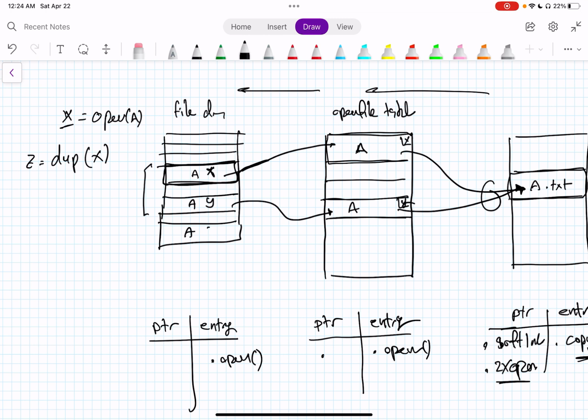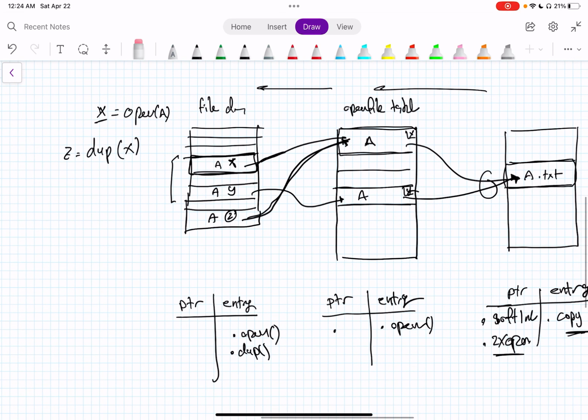So let's say this is A, and the call returns Z for you. That will just point here. If you pass in Y to the duplication and you still have the handle, it will just point to that one. But we chose X, so it will definitely point to where X was. So this is how you can get another duplication in the file descriptor table, through the function duplication. And the first one was open, because open necessarily opens one here, and therefore it gives you a unique one here. The last way you can get another pointer